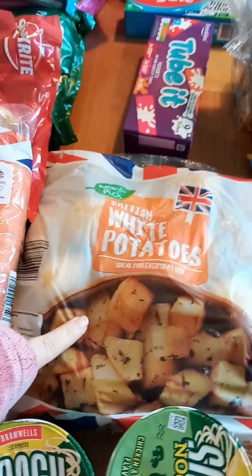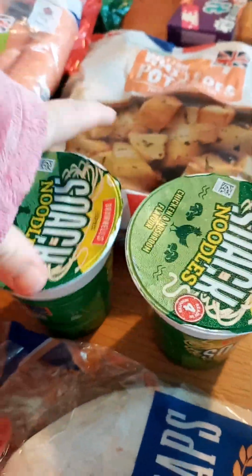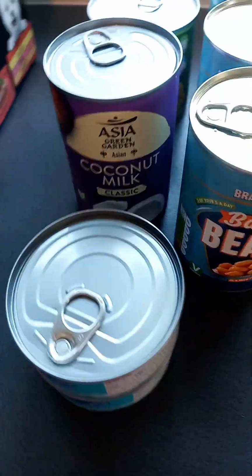We've also got a big bag of carrots and a big bag of potatoes for when I do mash and roast potatoes. We got a couple of Aldi's version of a pot noodle. I think that's everything on this table. And then he's got